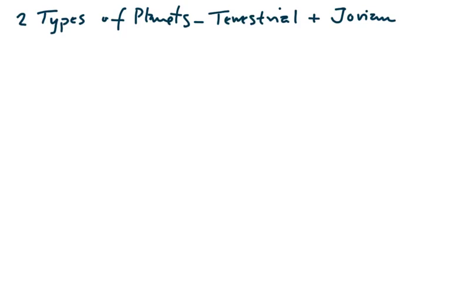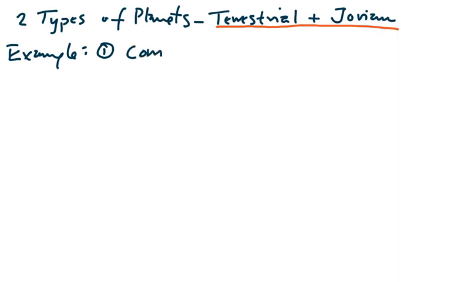In this tutorial, we will investigate the two types of planets, the terrestrial, which are Earth-like planets, and the Jovian, which are Jupiter-like planets. In our first example, we will compare the mass of these two types of planets using Jupiter and Earth. So we will compare the mass